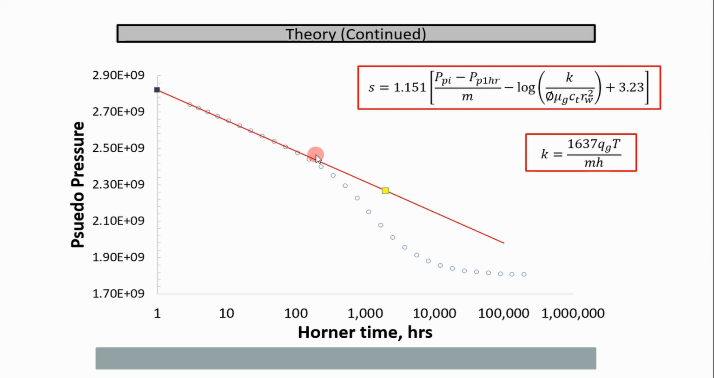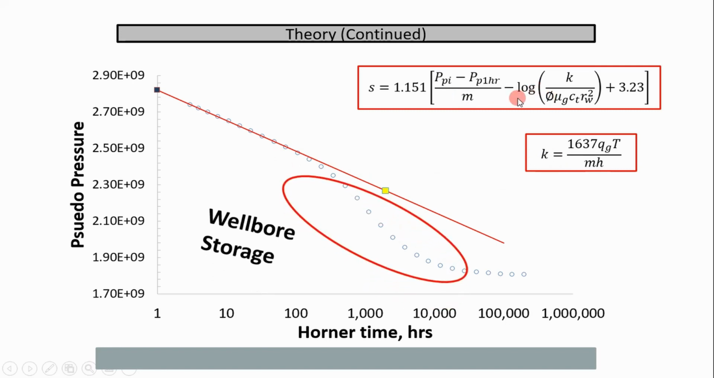And so this shows you the actual data we're going to look at today. But here's your skin equation, your permeability equation. You get your perm from your slope, and then you would calculate your skin. Same as a drawdown. And more importantly, you have some noise here represented by wellbore storage, and here's your straight